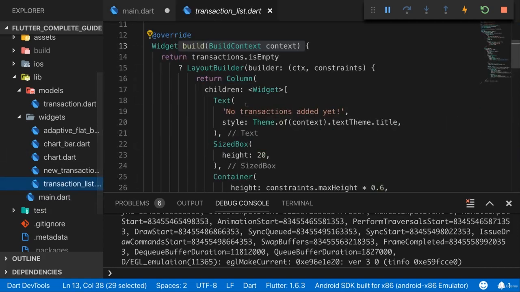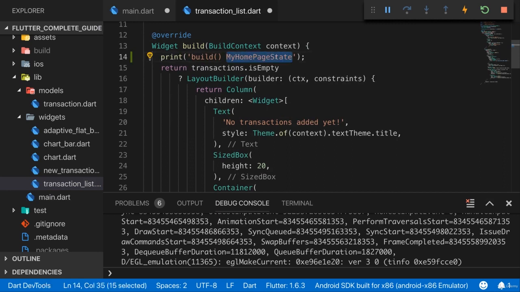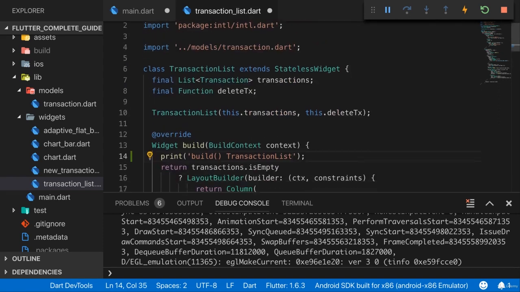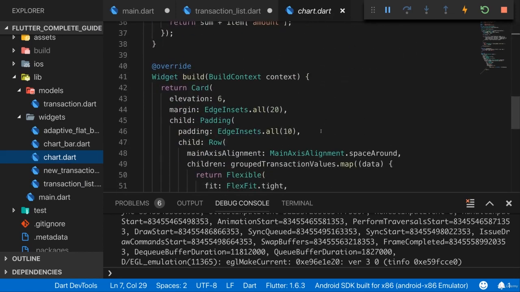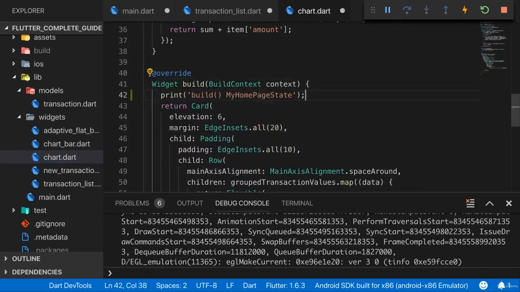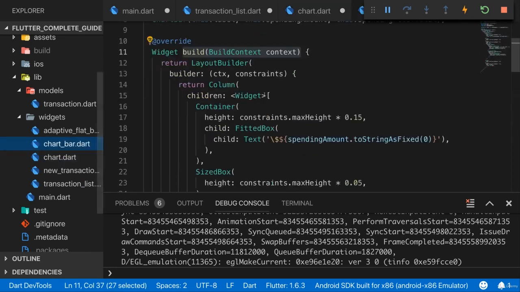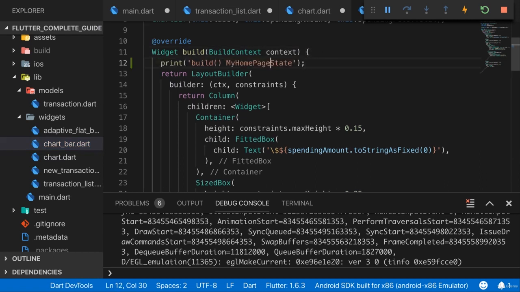I'll do the same in the transaction list widget in the transaction list Dart file. There in the build method, I'll also print build for transaction list. The same for the chart here. There in the build method, I'll print build chart, and for the chart bar, there in the build method, I also want to print chart bar. You could also add it to the adaptive flat button if you wanted to, but I'll print it for these